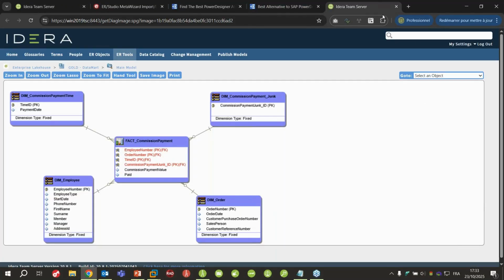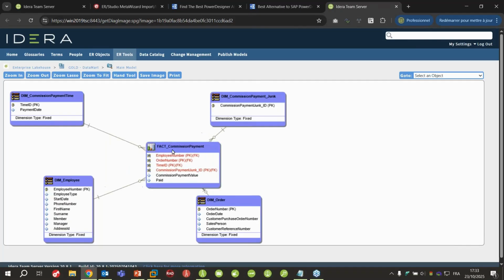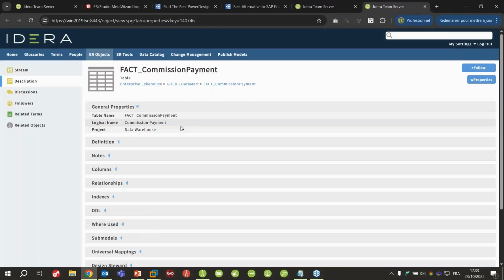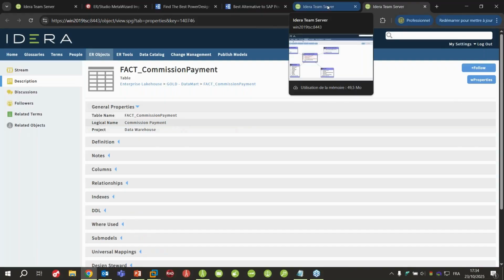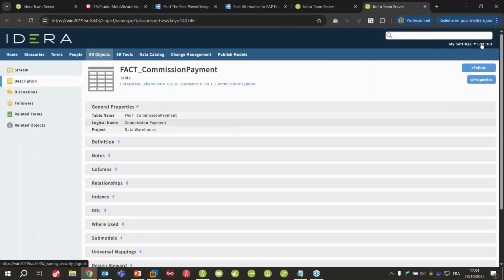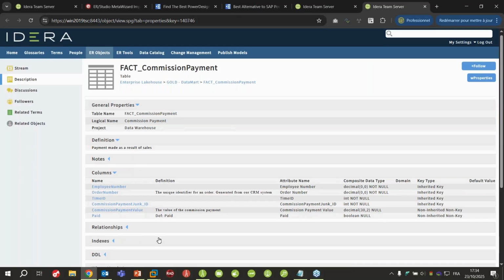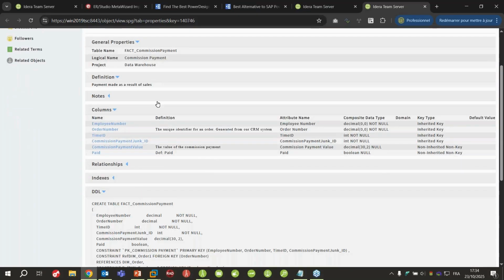So I am now using a web browser, and I can view this same project with my fact table. I can easily navigate, so every user can look. I was already logged in, which is why I directly got access to this object. But otherwise, you can log in with SSO, like I was explaining, and you will have access to the definition for my table. I can view the different columns that are involved in this table.